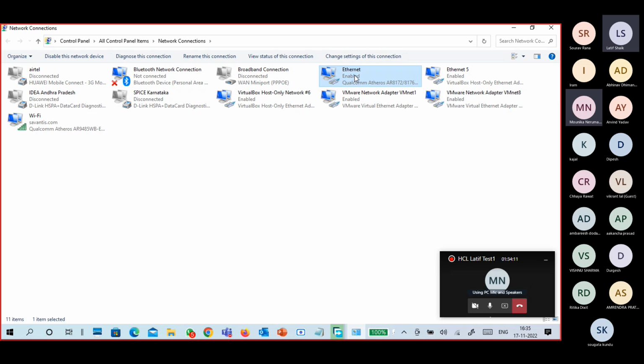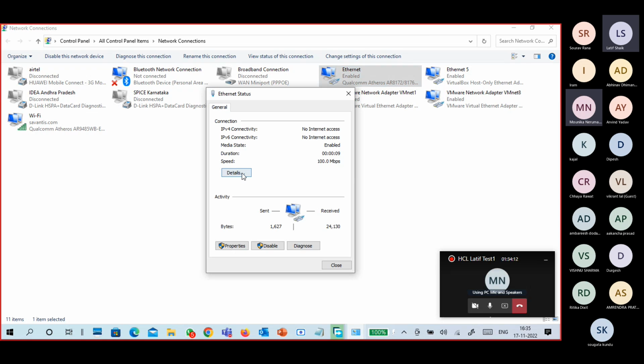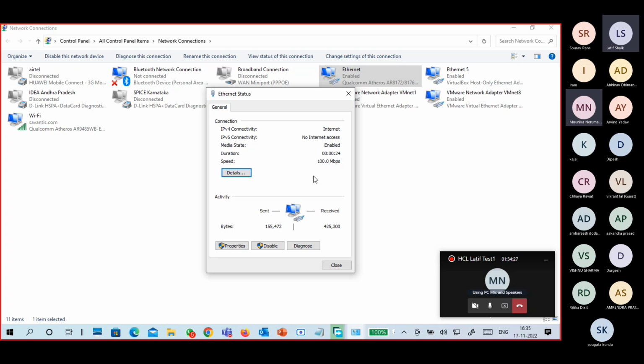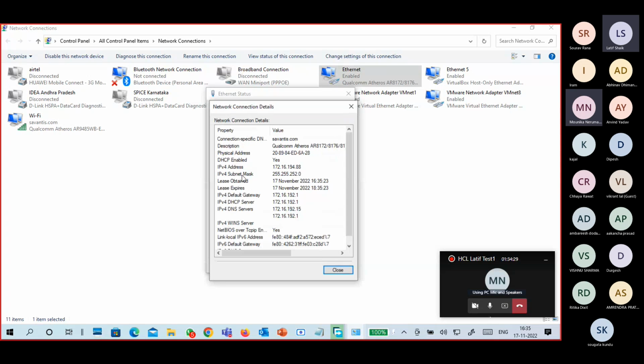If it is connected, it will definitely get an IP address. It will get this IP from the DHCP server, but it is a wrong IP address. 169.254 means it got an IP address. Maybe now it will get one.